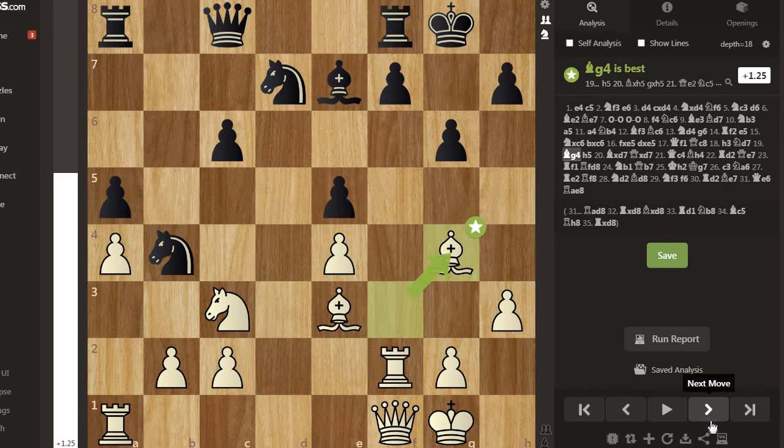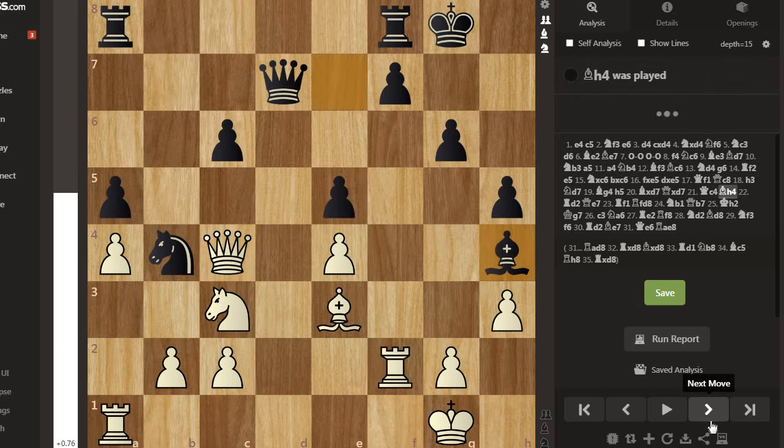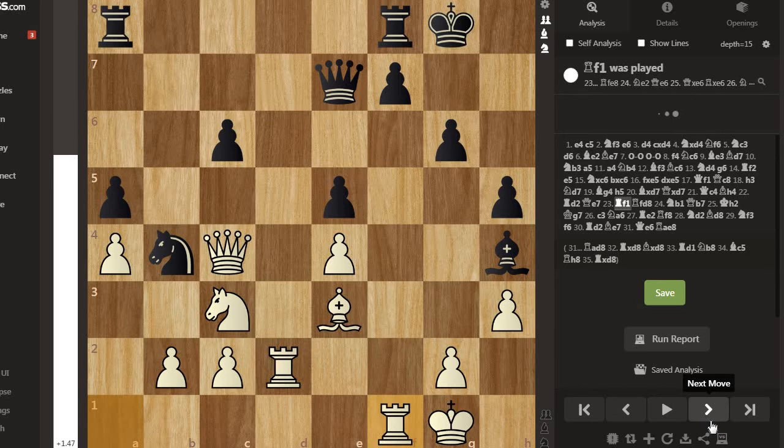Here if instead queen c4 and black plays queen a6, black will achieve a lot. He will inevitably move his bishop to c5, happily exchanging the bishops. Black will then have an excellent spot for the knight on c5, a very promising position. h5, bishop takes d7, queen takes d7, queen c4, bishop h4, rook d2, queen e7, rook f1,